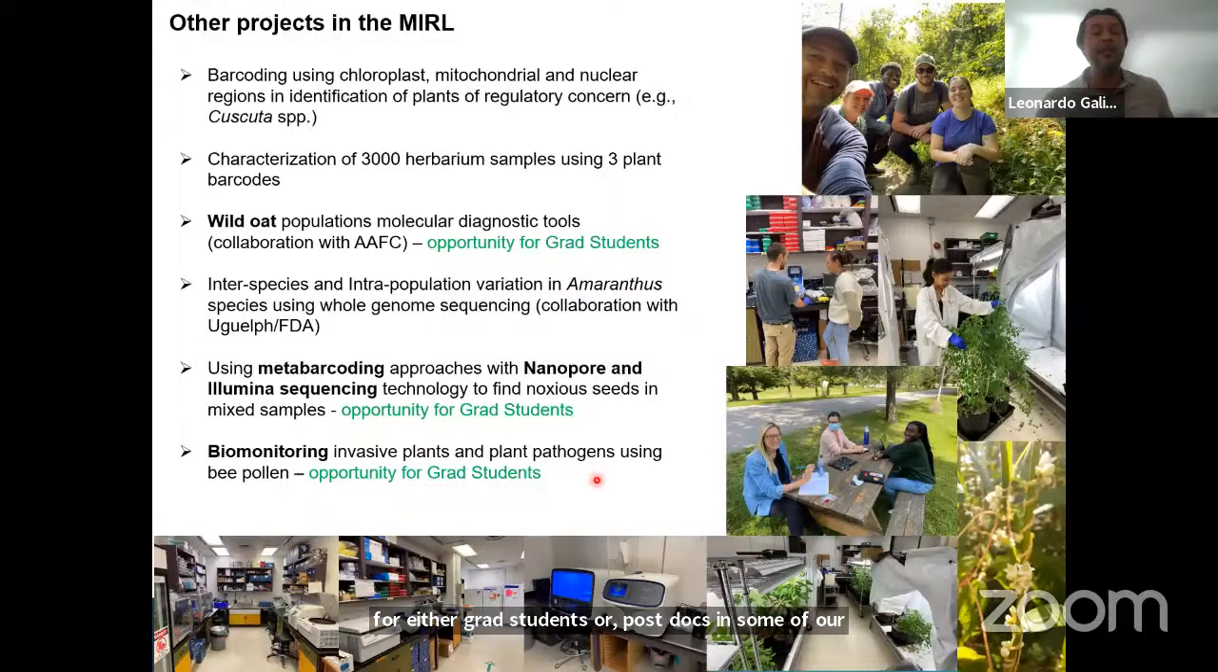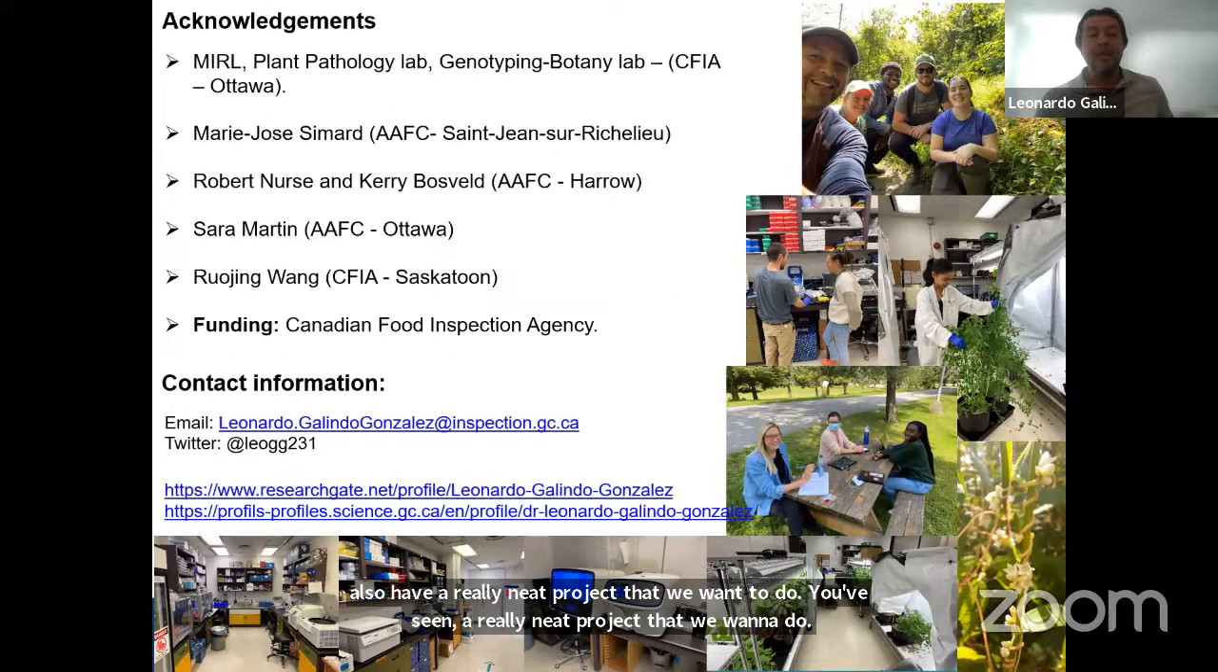We also have a really neat project that we want to do using pollen as a proxy for detecting plant pathogens and invasive plants. And with that, I want to give my acknowledgement to some of my collaborators,